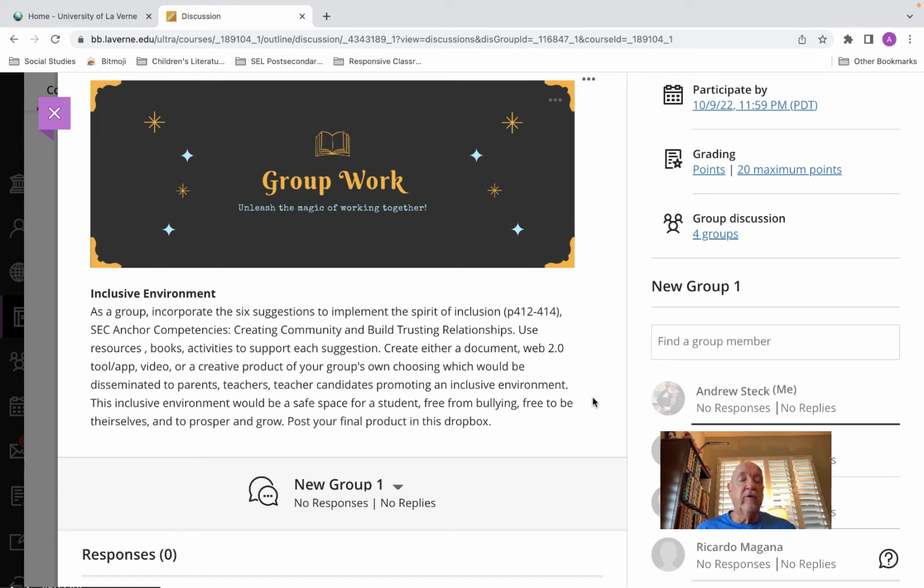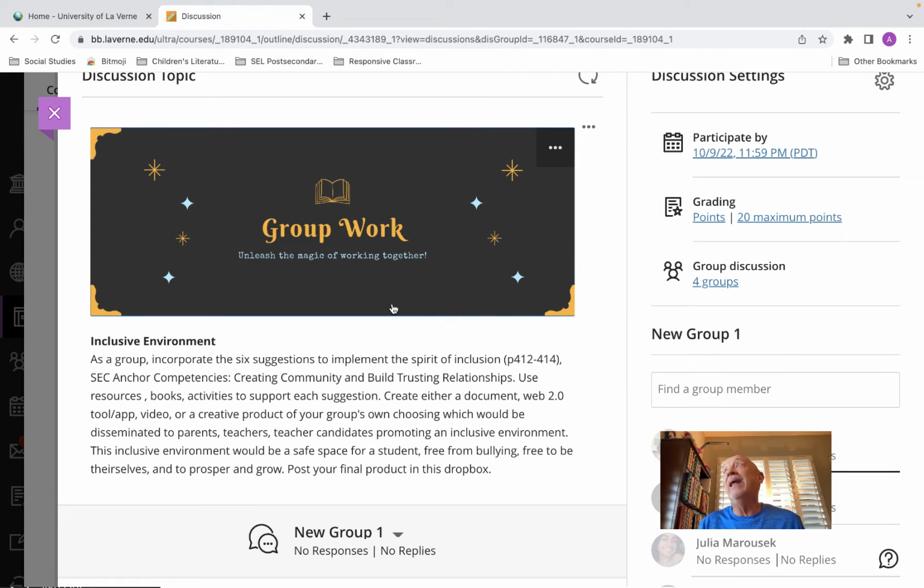You're going to post your final group project in this Dropbox. Each member of the group needs to post the link or the attachment, whatever you as a group decide to use, to get credit for this group work. And that differentiates the people who may not participate. I'm hoping everybody, that is my goal, is that everyone participate every week, but I know sometimes life gets in the way and you may not have been able to participate, but you can't get credit for your group work if you don't participate. So I'm asking you to do it first and get it out of the way,